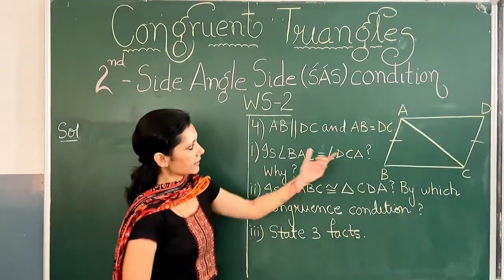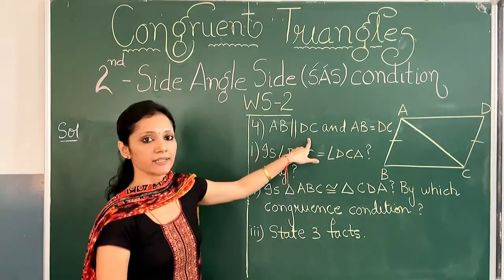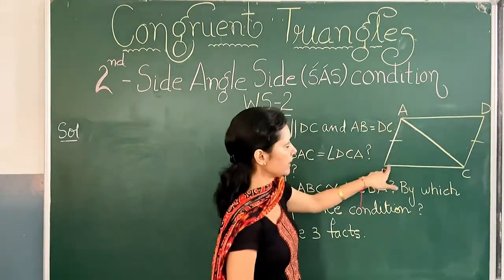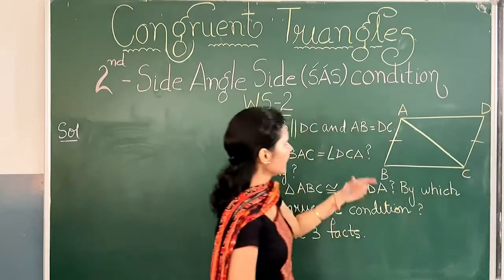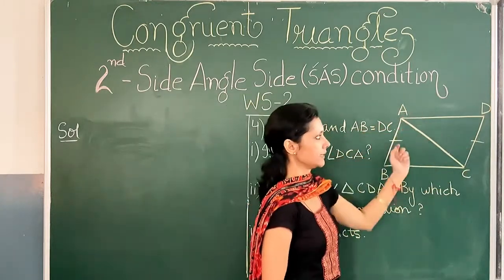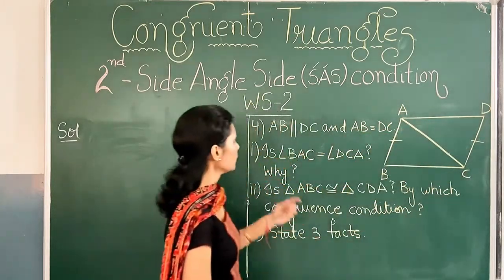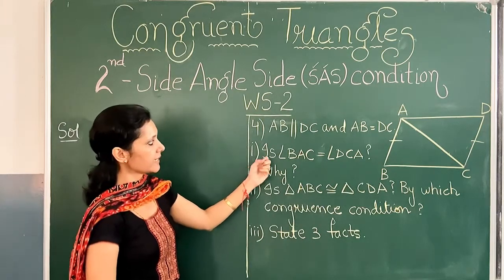It says in the given figure AB is parallel to CD. This side AB is parallel to CD and AB is equal to CD. These two sides are equal too. Now the first part of the question is angle